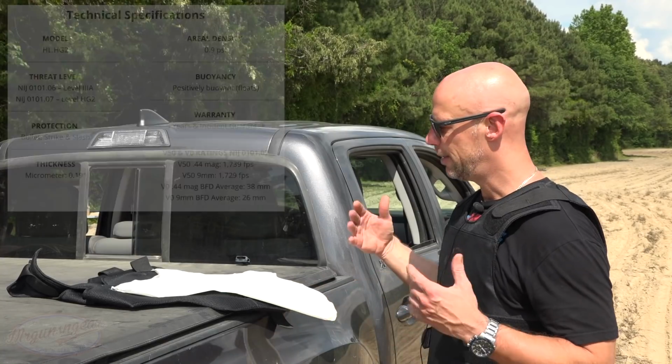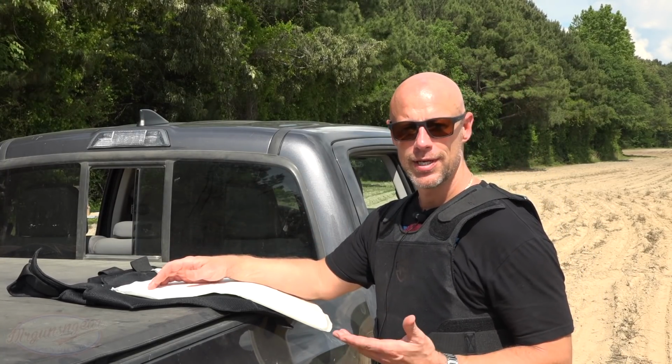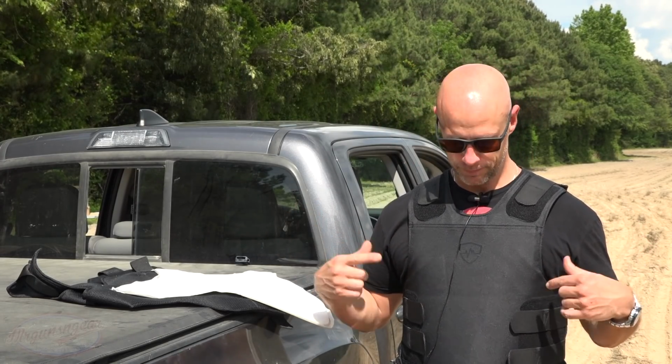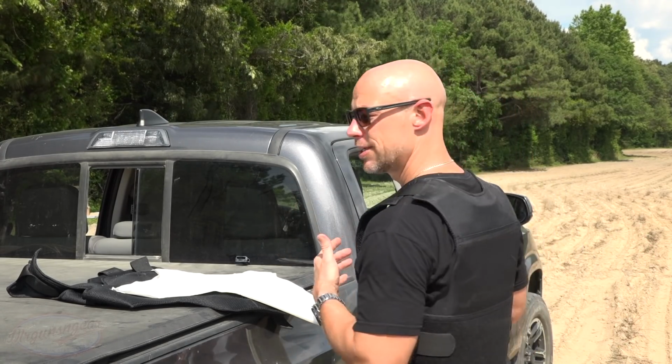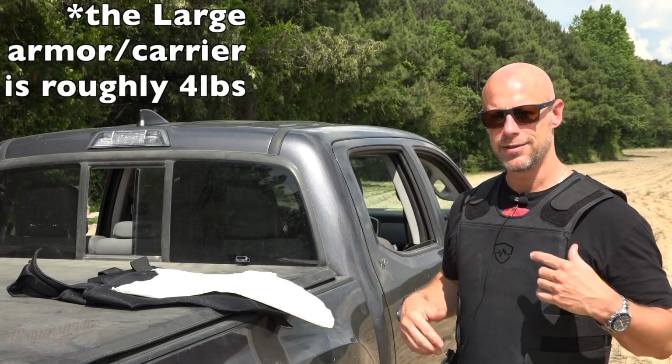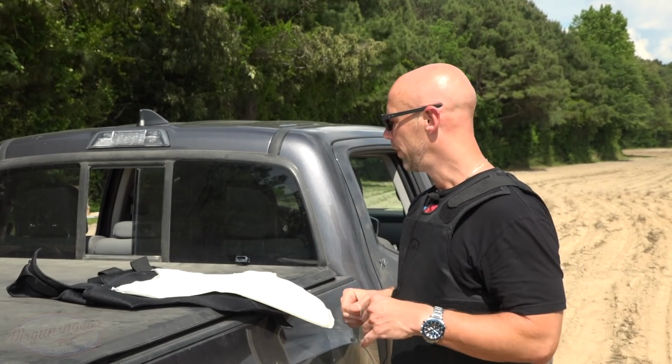Now, it does come in a bunch of different sizes, and they do have a size chart on the website that you guys can check out if you're interested to pick it up. Just as a reference, I'm 6 feet tall right now, about 195. And this is a large. You guys can kind of see how it fits on me. I might bring these straps down a little bit to make it a little bit higher, but regardless,